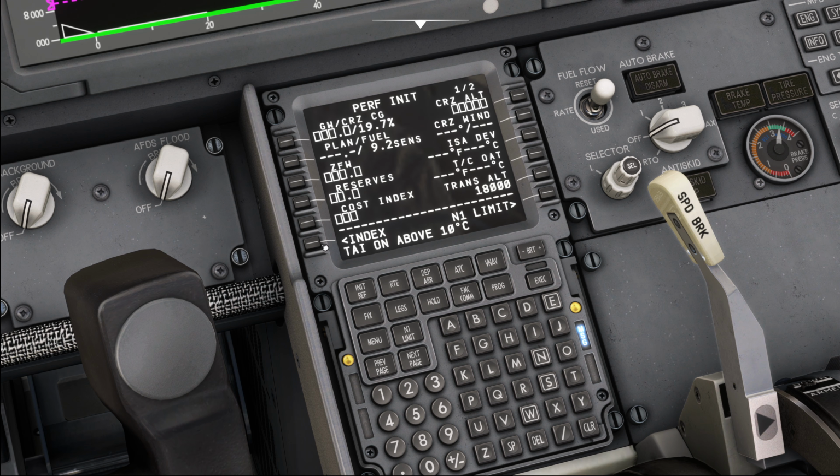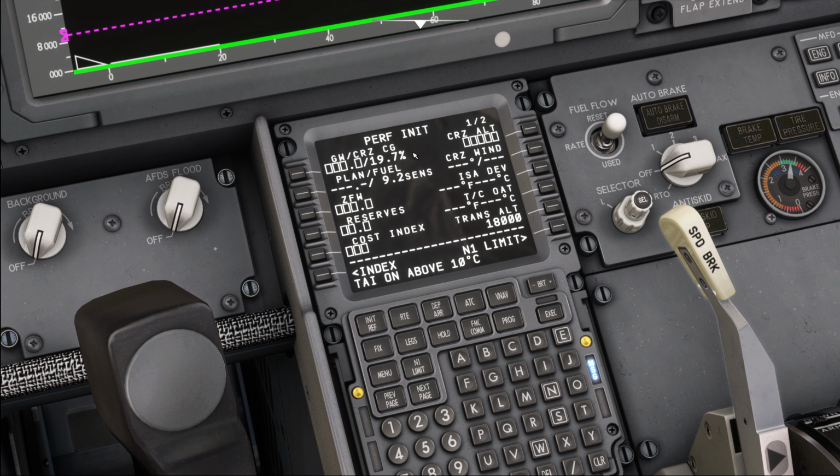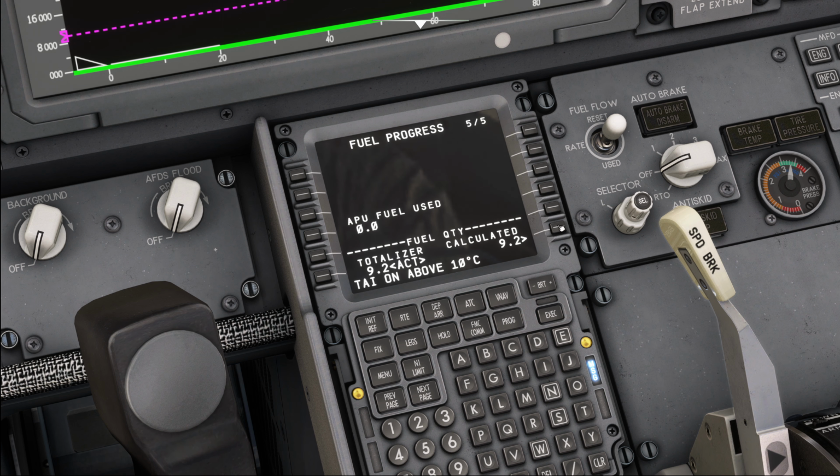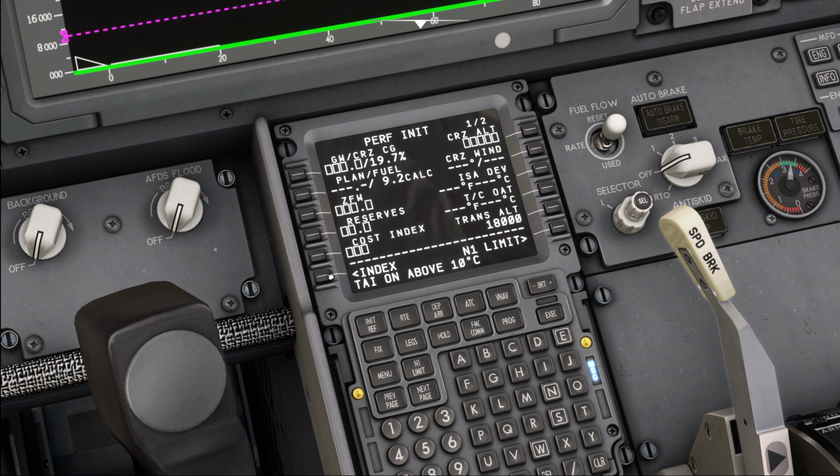On the performance init page down here, we have a new indication as well, and that is the fuel calculation up here. You can see we're using fuel sensed at the moment, but you can also go to fuel calculated or to the manual fuel input. And this can be changed on the progress page 5 down here. If we change to calculated, you will notice that this now shows on the performance init page up here as